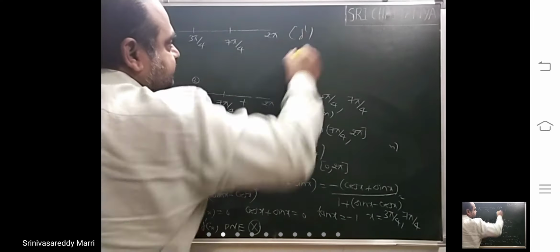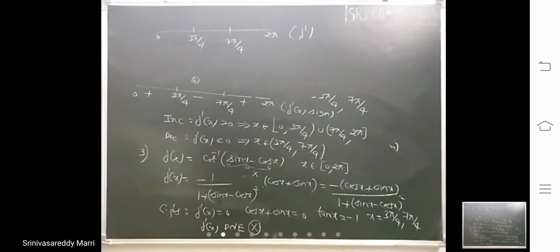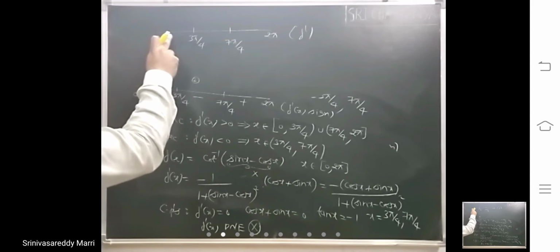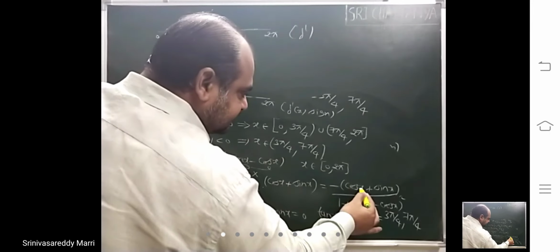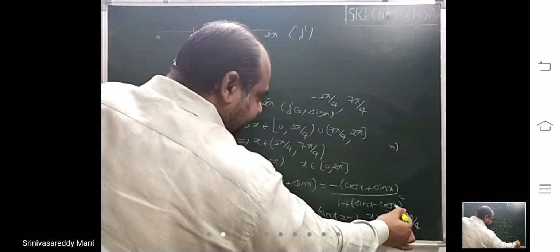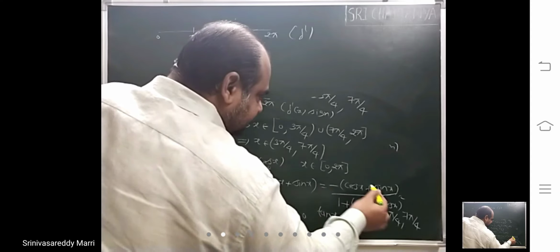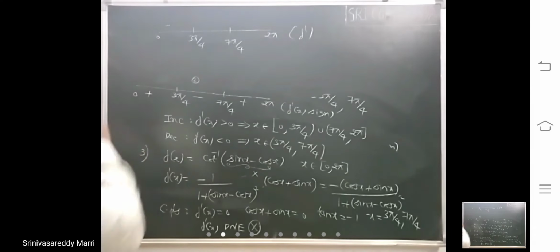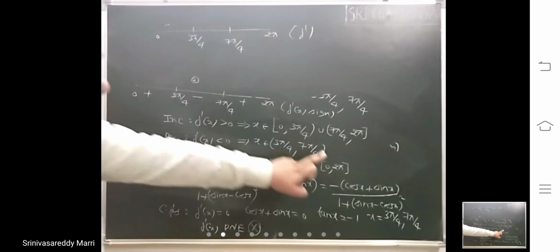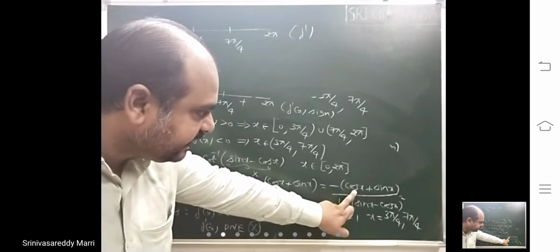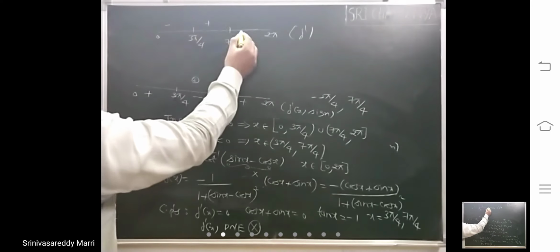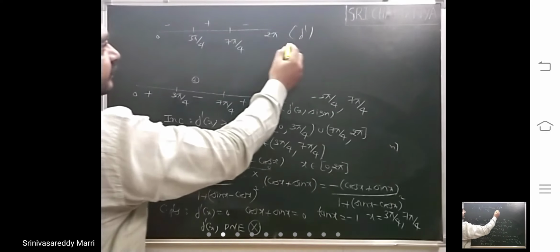This is f dash. Right, now give the sign to this function. Look at 0 to 3 pi by 4, pi by 2. Pi by 2 means this is 0, this is 1. Denominator is positive, perfect square. So minus of this is negative here. From this to this, if you substitute 180, this is minus 1, this is 0, positive by positive, so you will get positive. If you substitute any other value, you will get negative.